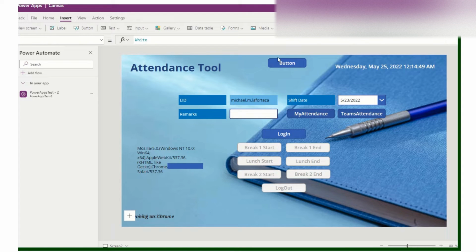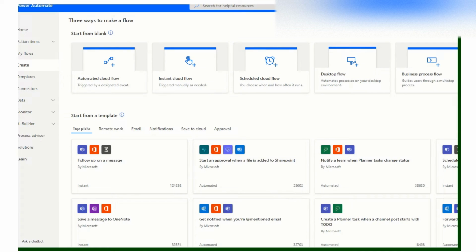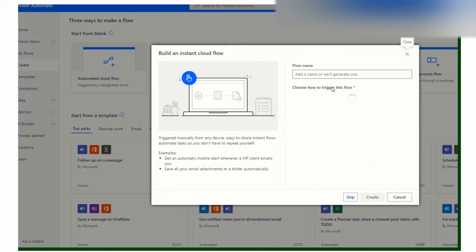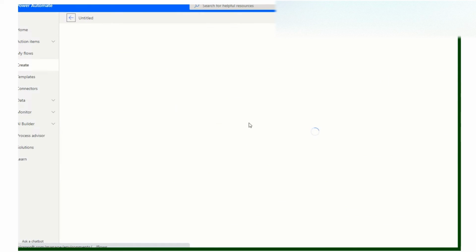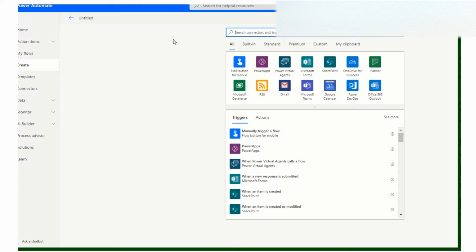First, let's go to Microsoft Flow. So we need to create a flow. For example, testing.